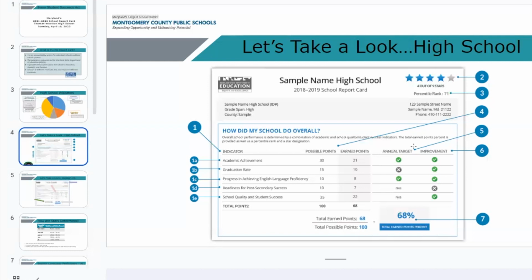And then the last one, indicator number 7, this is your percentage. It's going to actually calculate the total points that the school earned, and it's going to put it over the 100 points possible to earn. And it's going to give you a percentage rate. That percentage rate and the stars that you earn, those connect. Okay, so that breaks down how the school report looks. And on the next slide, we're going to see how Wooten specifically did for this year's report.